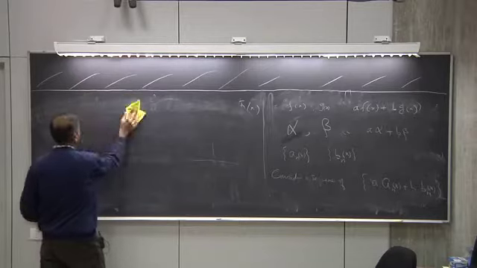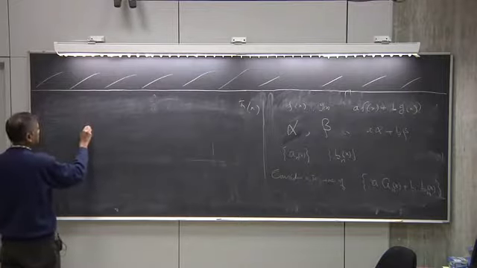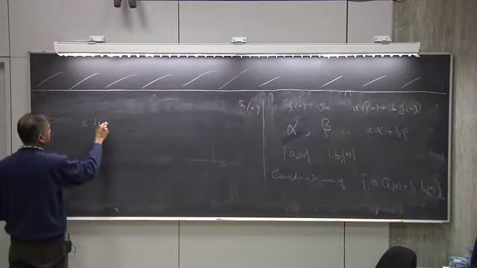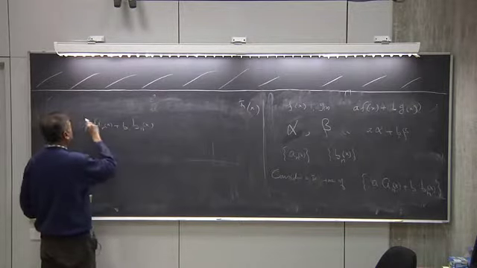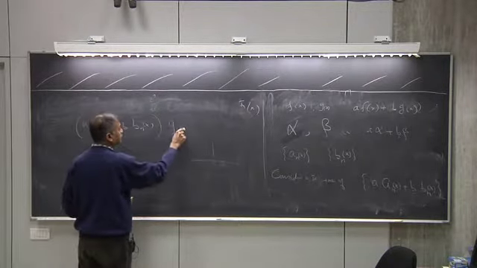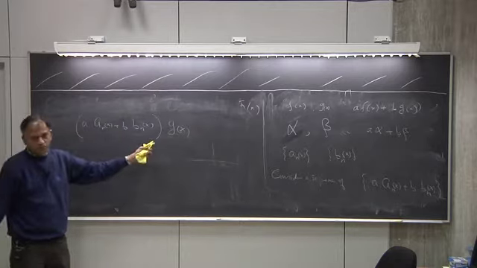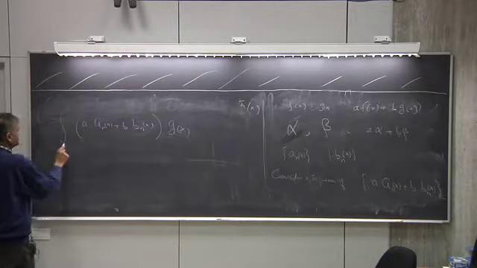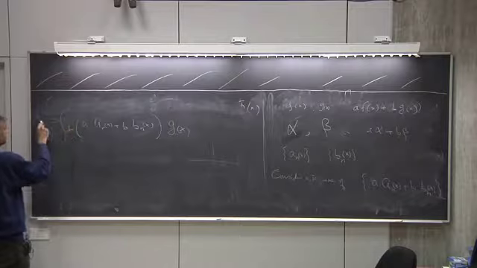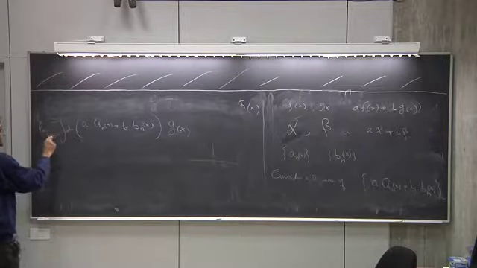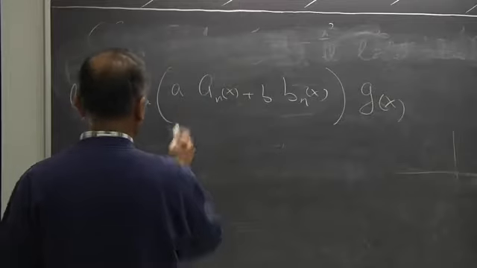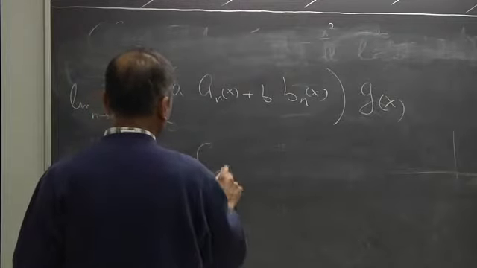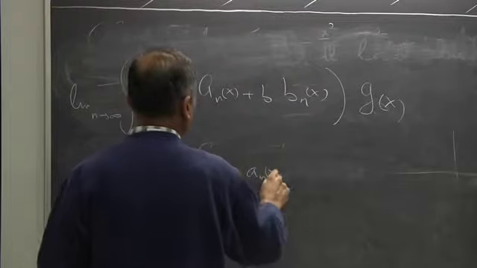So we want to check whether this limit exists: a_n(x) plus b_n(x), multiplied by any good function g(x). This is any good function, and we are asking whether this limit exists. But that's obvious, because this is the same as a times the integral of a_n(x) g(x) dx